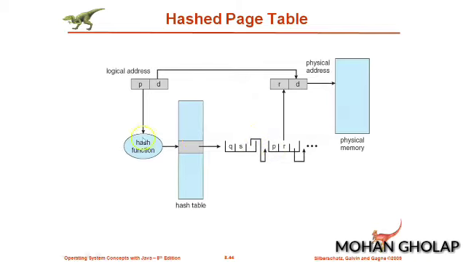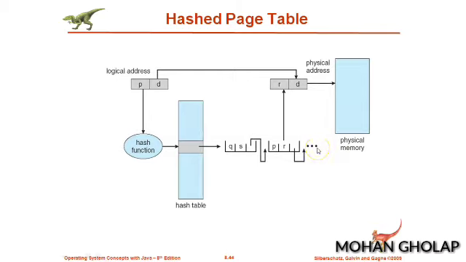So what it will do is go on comparing the value to each of these nodes. First it will compare with the first node. If there is a match, it will use the corresponding value, that is the second field, in order to locate the physical address. If there is no match, it will consider the next one with the help of this pointer, and search there. If there is a match, it will use the corresponding field, else it will continue till the